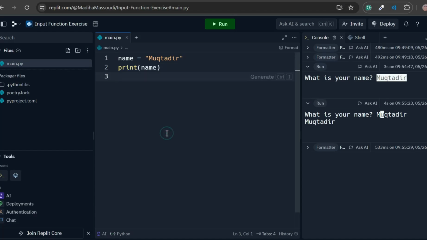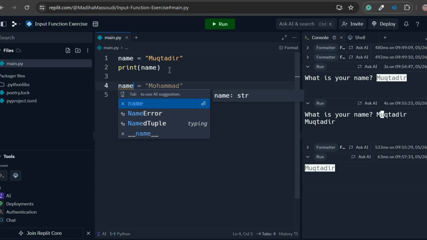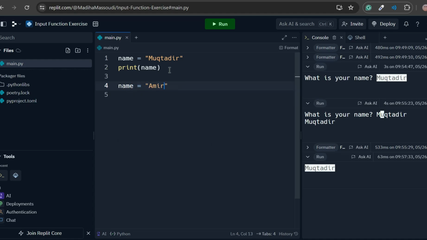Now variables can also be changed. As you can tell by the name, they can be varied. So in this case, we can name a variable something like this, and if I print that, it is going to just print that value. But we can also later on change that value to something else like Amir. And then after that, when I print that value,